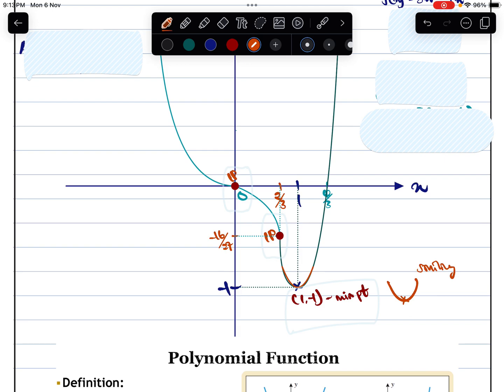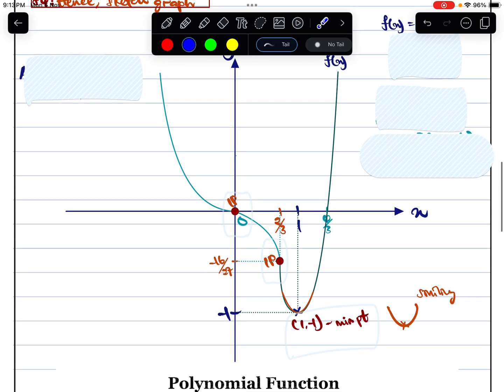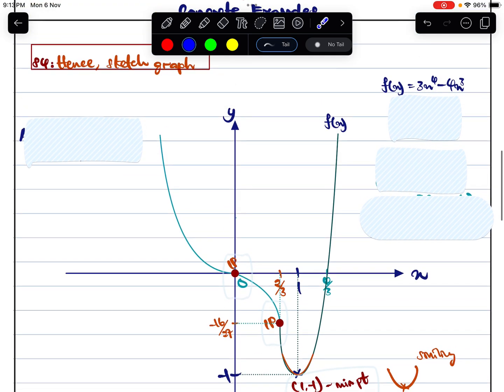Okay, we know that for sure. It is just that we have yet to know what shape it will be here. How do I know it's going up and it's not going down? How do I know this is going down and not going up? So there are a lot of questions here. But one thing that you have to know about quartic